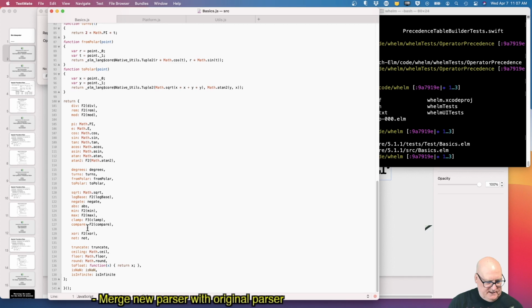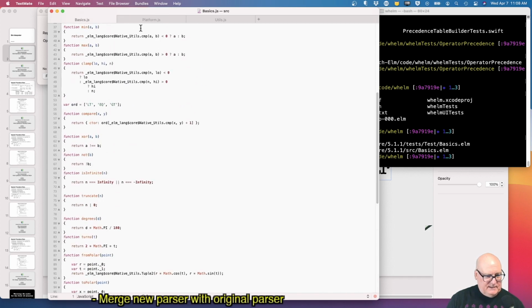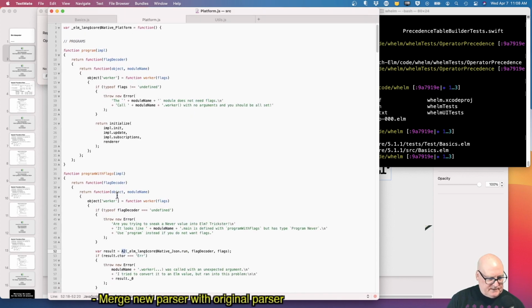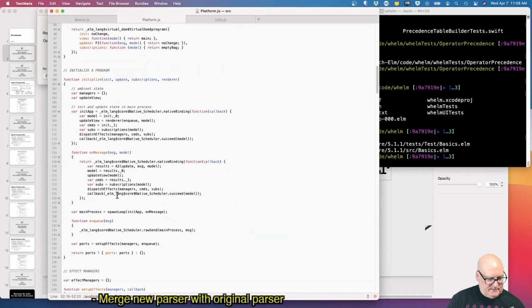Well, we can see lots of, this is the initialization of the various functions. Div rem mod. I think this is JavaScript, so I'm not sure it's going to be helpful.